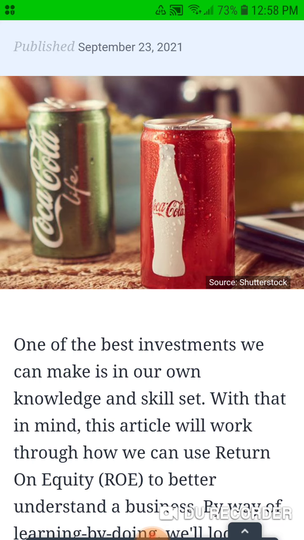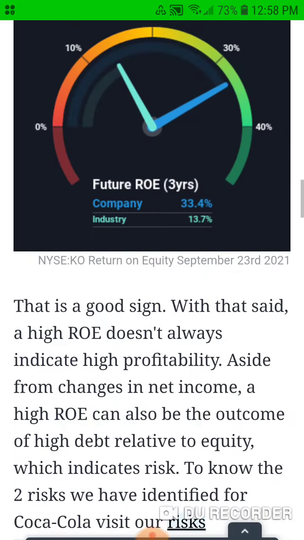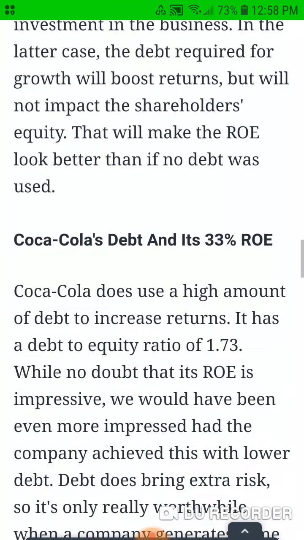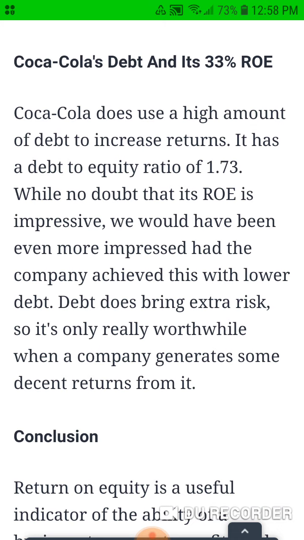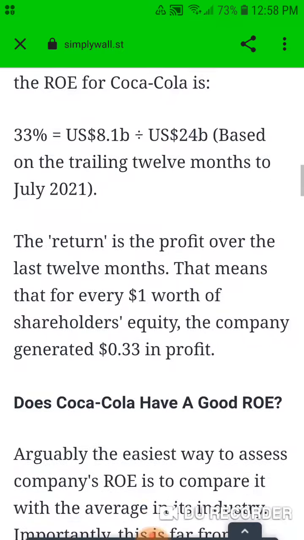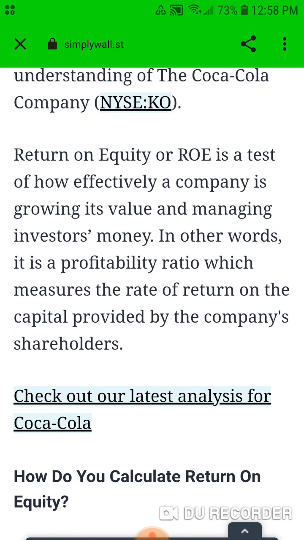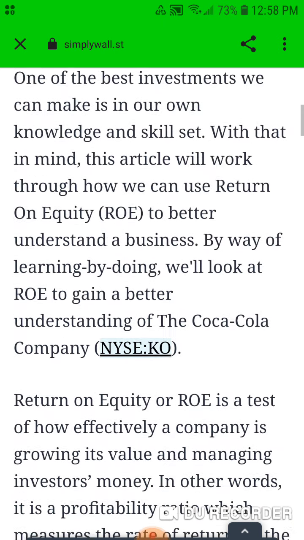And again, guys, it doesn't mean that Coca Cola is the best stock on the planet. I know they have had kind of lagging growth, but they do have such a behemoth brand that I think it's worth it. So you can use that formula on pretty much any stock, compare it to the average, compare it to a competitor. Like I said, they don't talk about Pepsi's ROE in this. It could be better. I'm not sure. But they do use debt a lot to get that return. So there are healthier ways to go about getting a 33-cent return on every dollar.